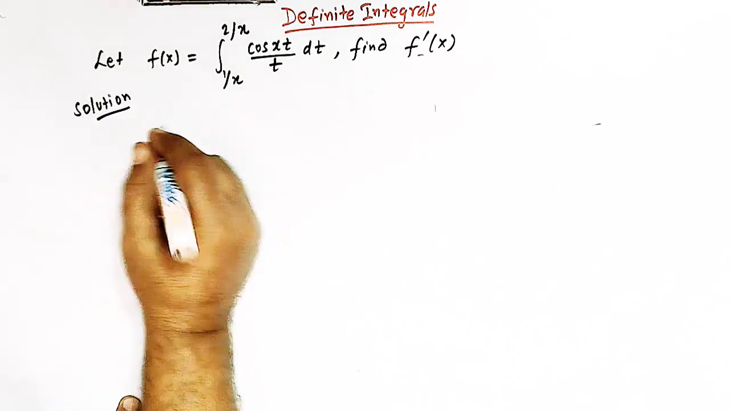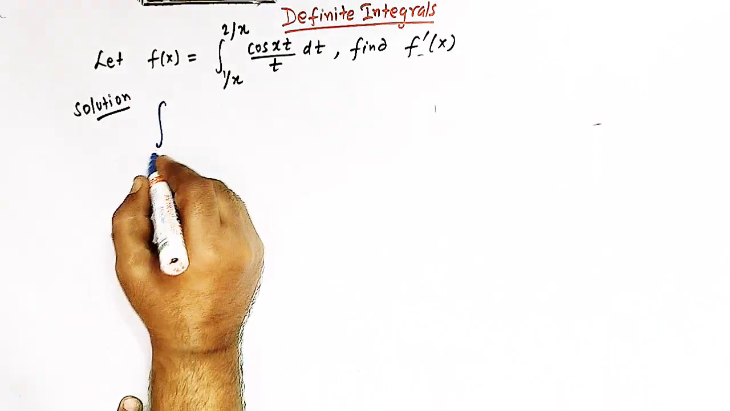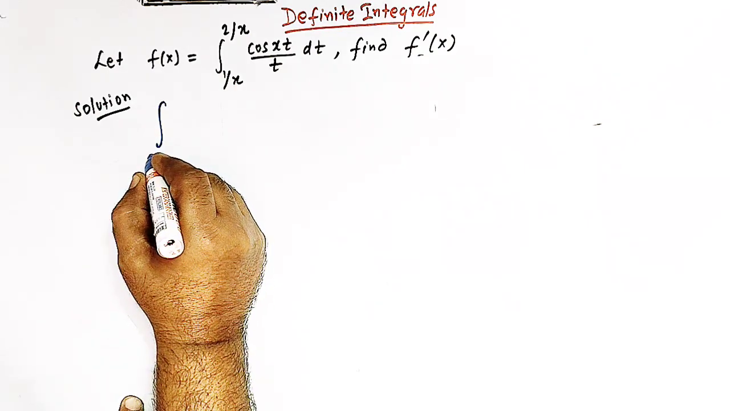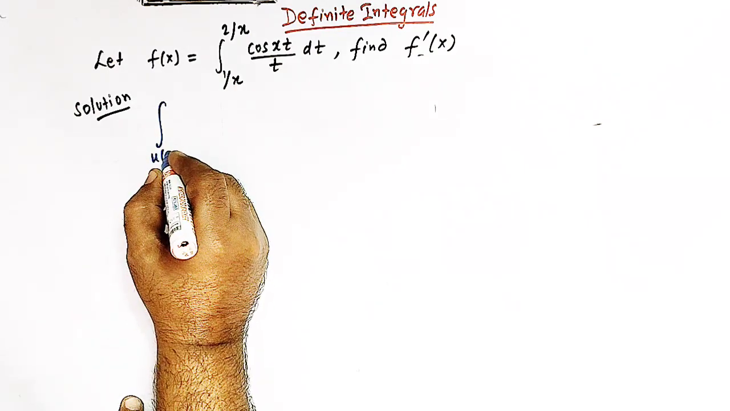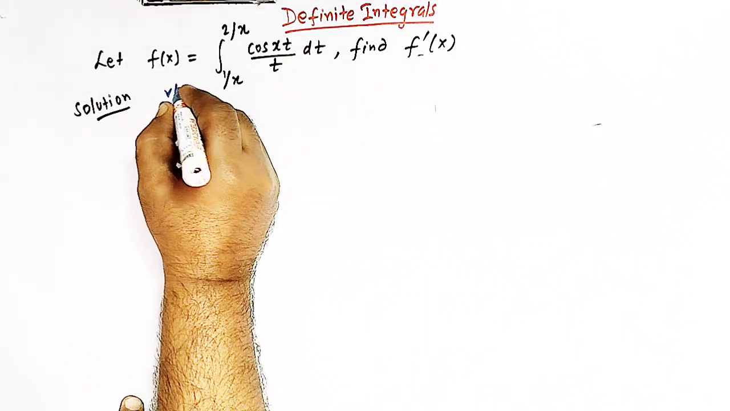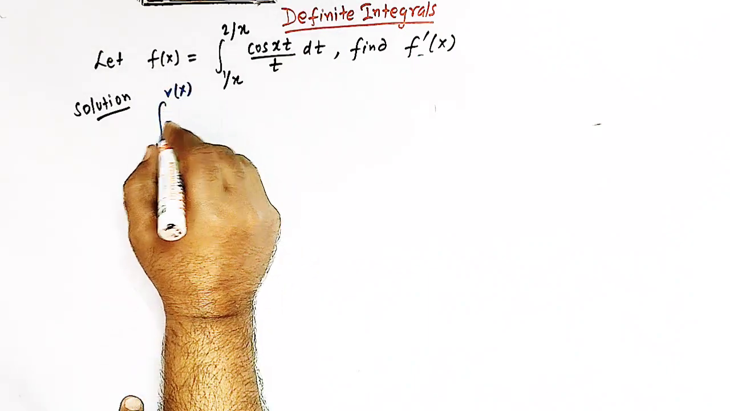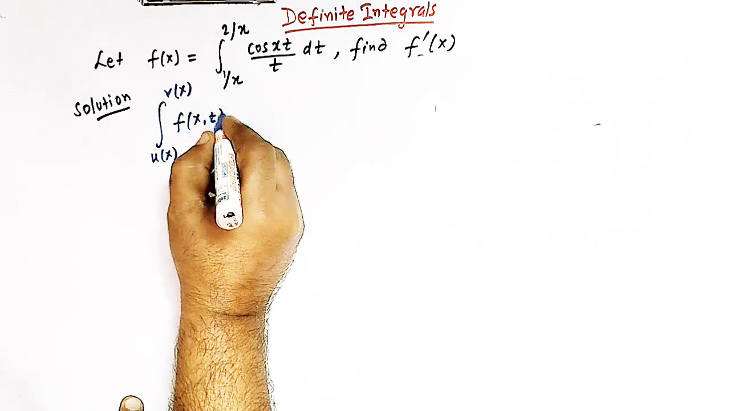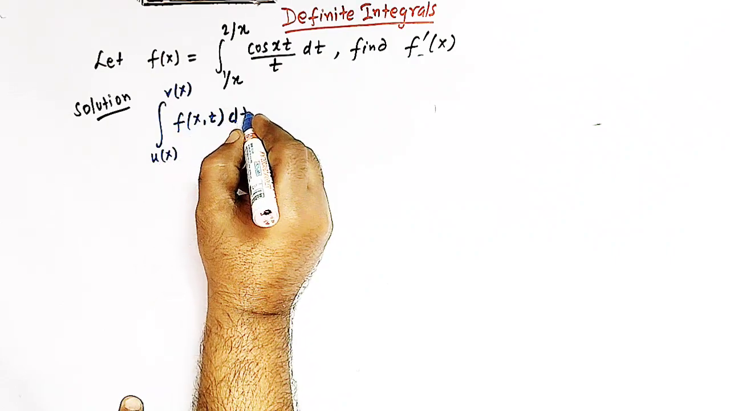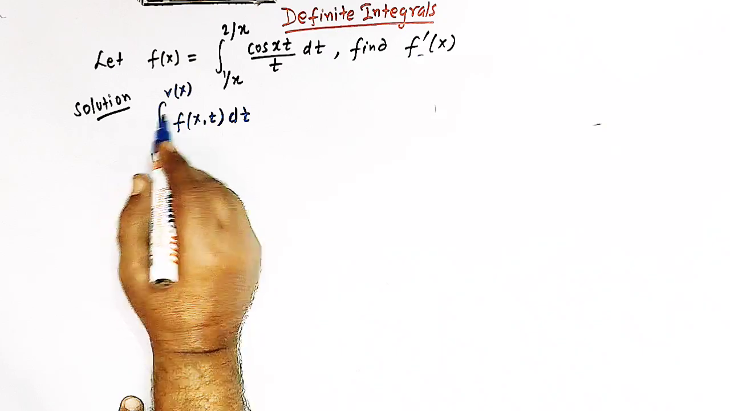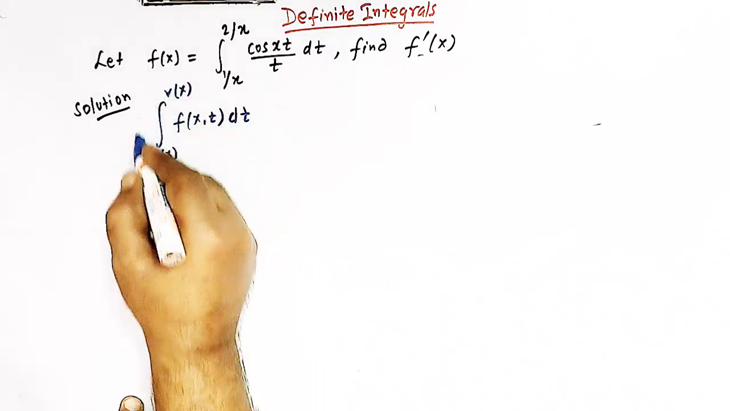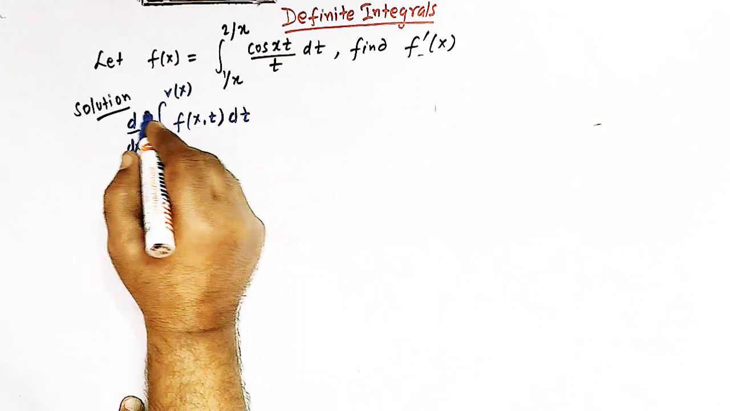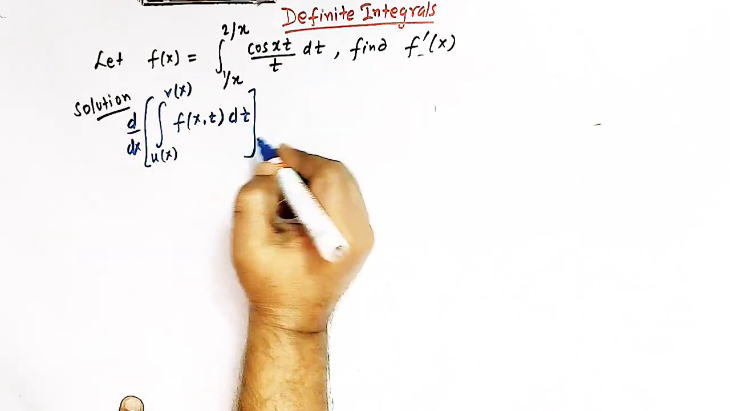Now consider the integral where the lower limit and the upper limit are some function of x. Suppose the lower limit is u of x and the upper limit is v of x, and our integrand is a function of, say, x and t, right? And if we wish to find the derivative of this integral with respect to x, then Leibniz integral rule